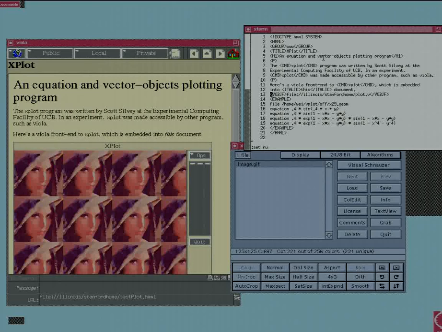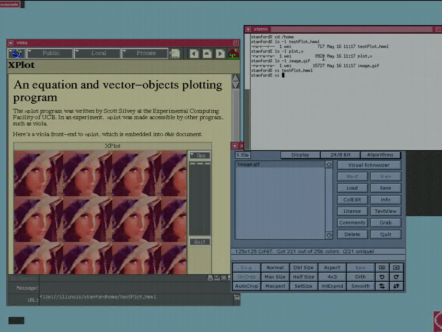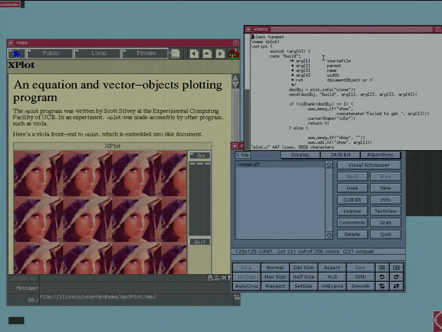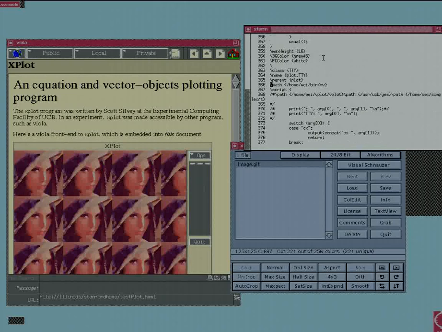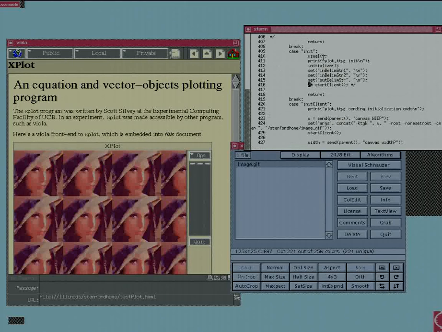The other changes we want to show are in plot.v, where there have been several modifications. One is at line number 366, where the path modification appears. And then finally, line 416 and 426, what we've done here is to comment out the call to start client in one place and add it to another, and at line 425,